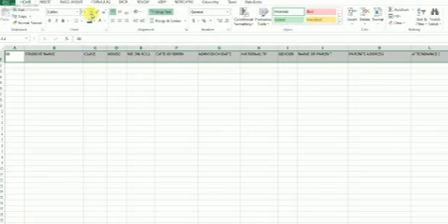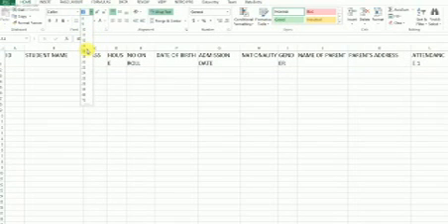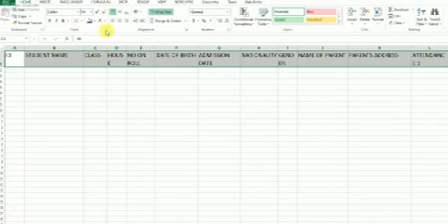Then let's give it a border of 16. Okay, 16 is okay. Then make it bold.